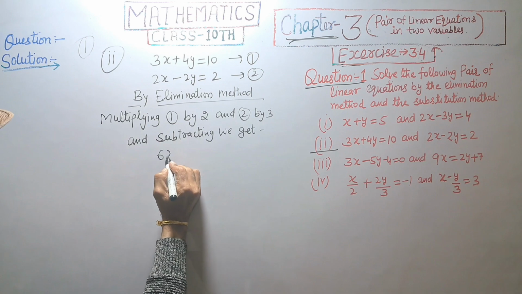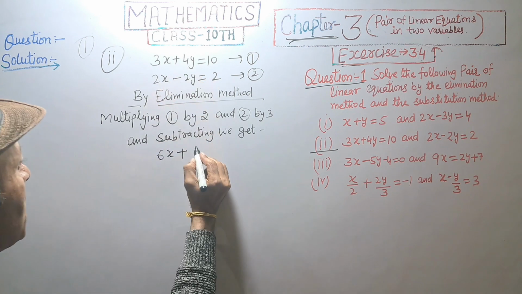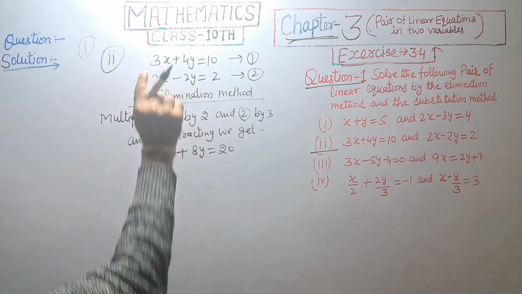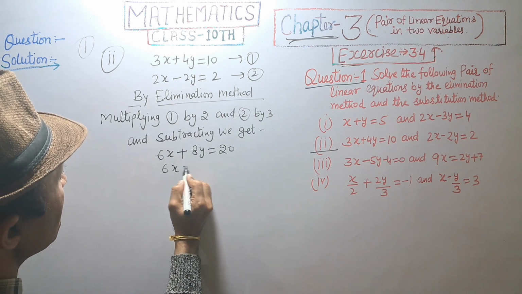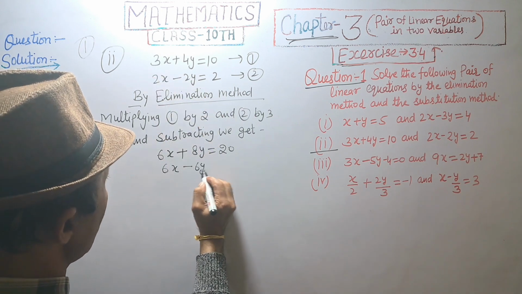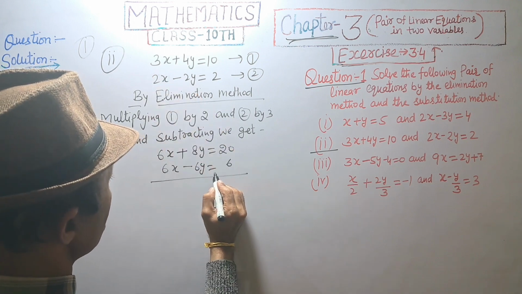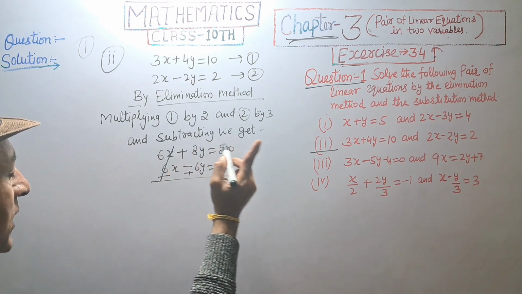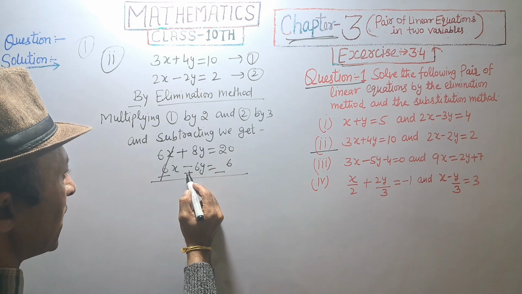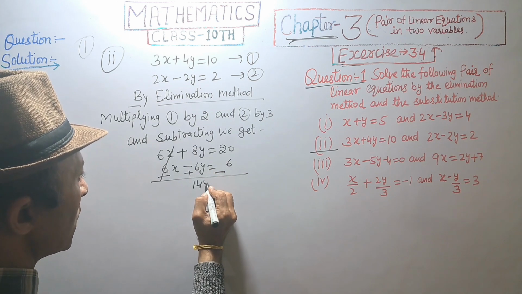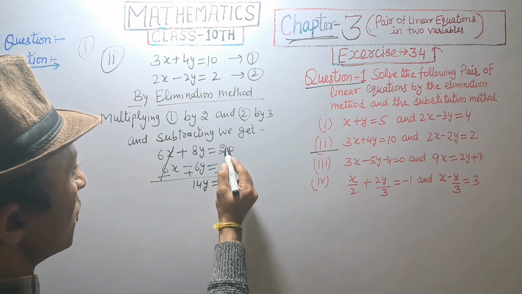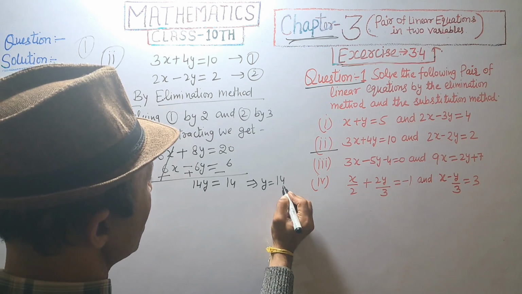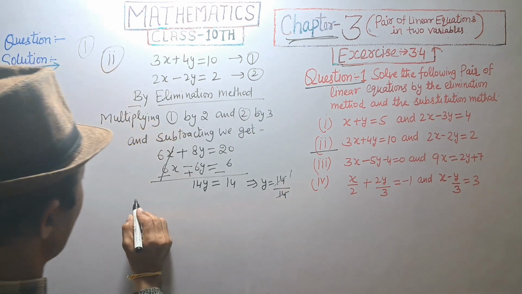2 3s are 6x plus 2 4s are 8y equal to 10 2s are 20, and 3 multiplied by 2x, 3 2s are 6x minus 3 2s are 6y is equal to 3 2s are 6. Subtracting, and 6x is cancelled. 8y plus 6y, that is 14y equal to 20 minus 6, that is 14. This implies y is equal to 14 upon 14 and y is equal to